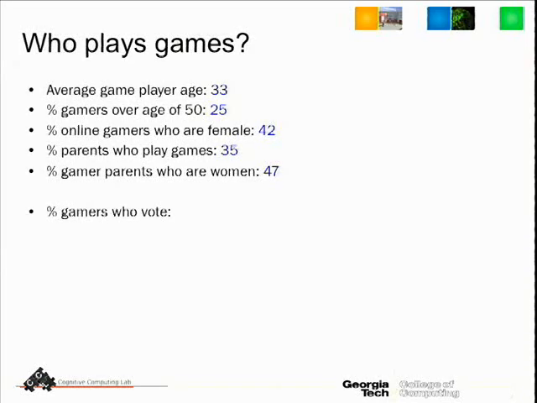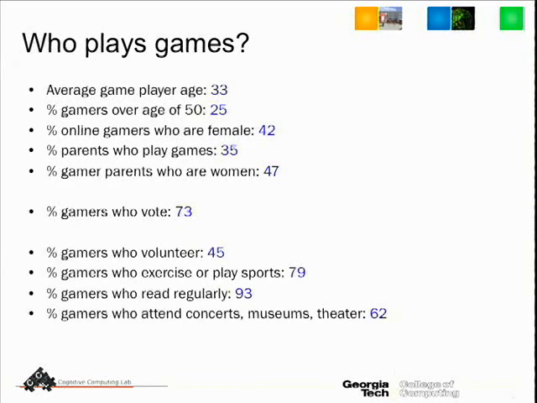Right. This one is relevant for this year. What percentage of gamers vote? Any guesses? Are they sort of nerdy, dysfunctional kids who don't give a damn, or these serious, engaged citizens? It's surprisingly high, 73%. And I must caution you, this is put out by the ESA. They want us to believe that games are played by regular people, fairly engaged types of people.